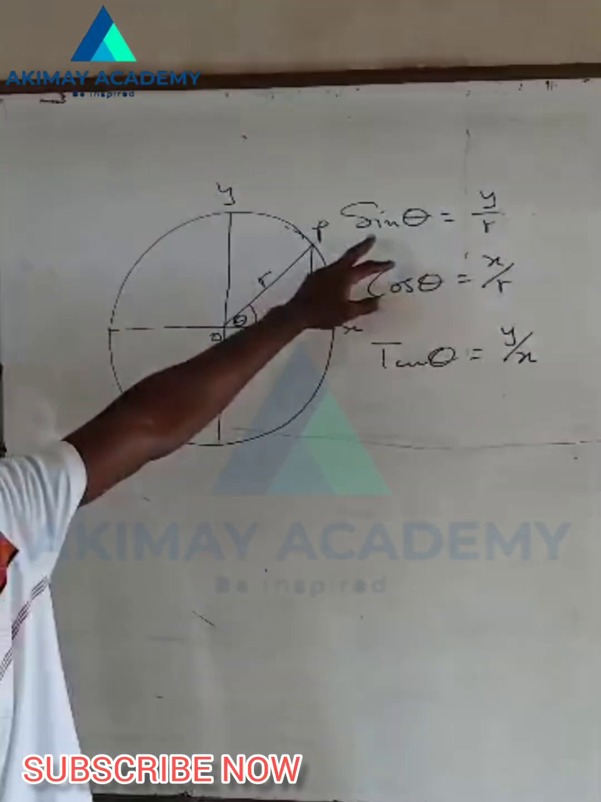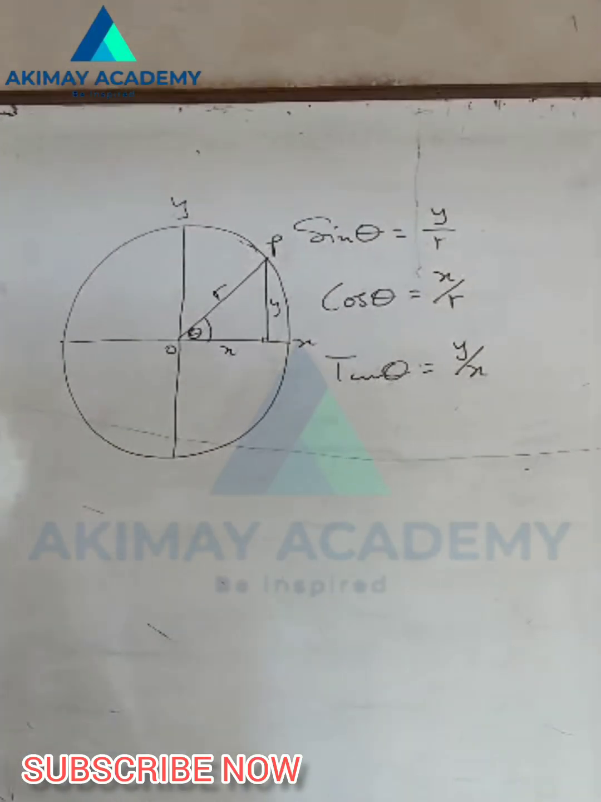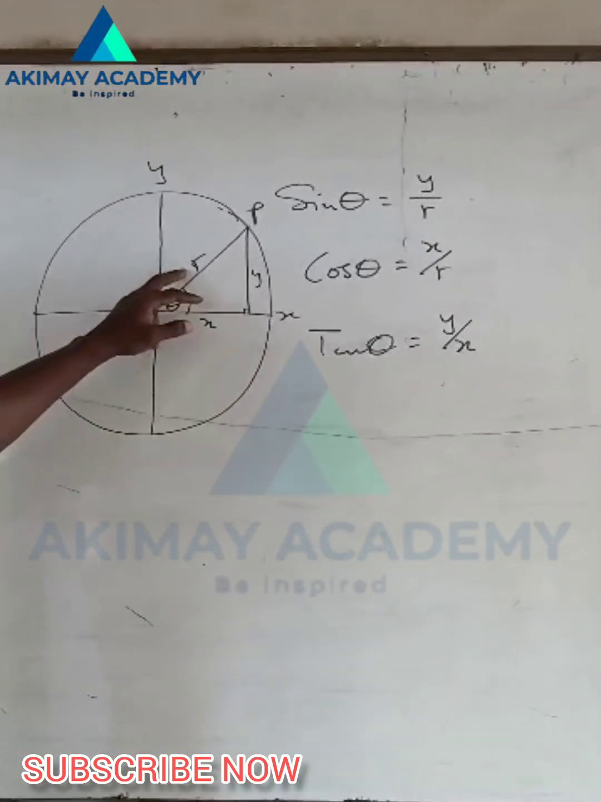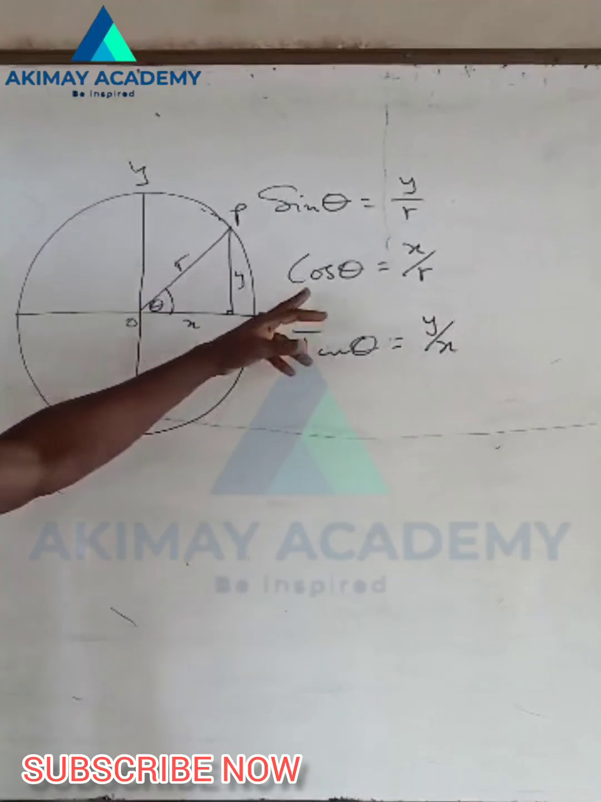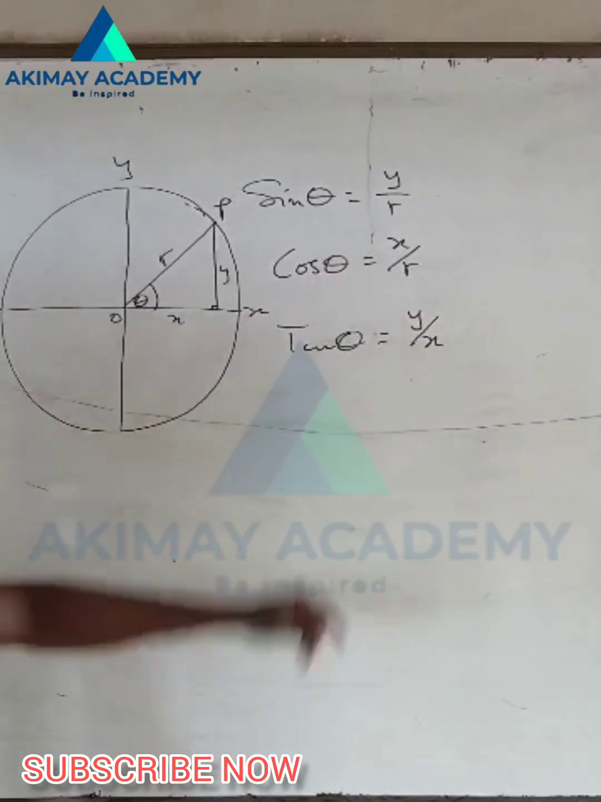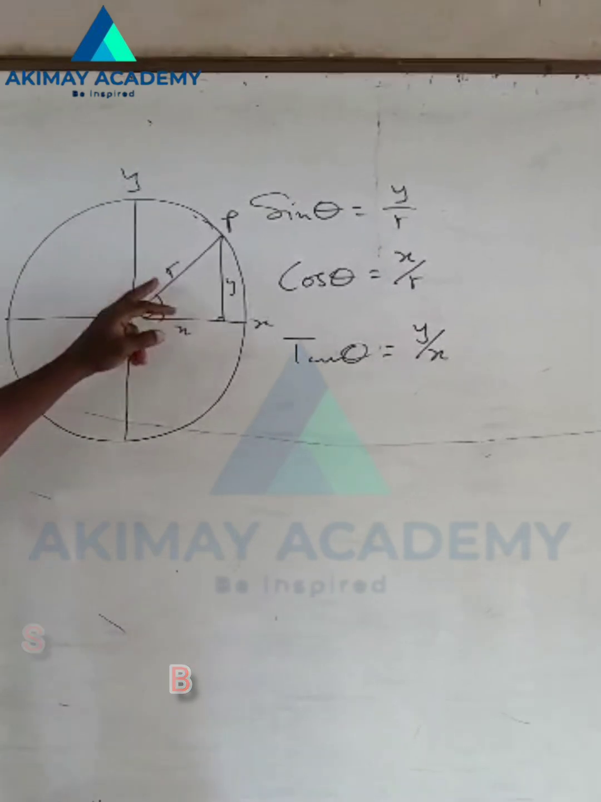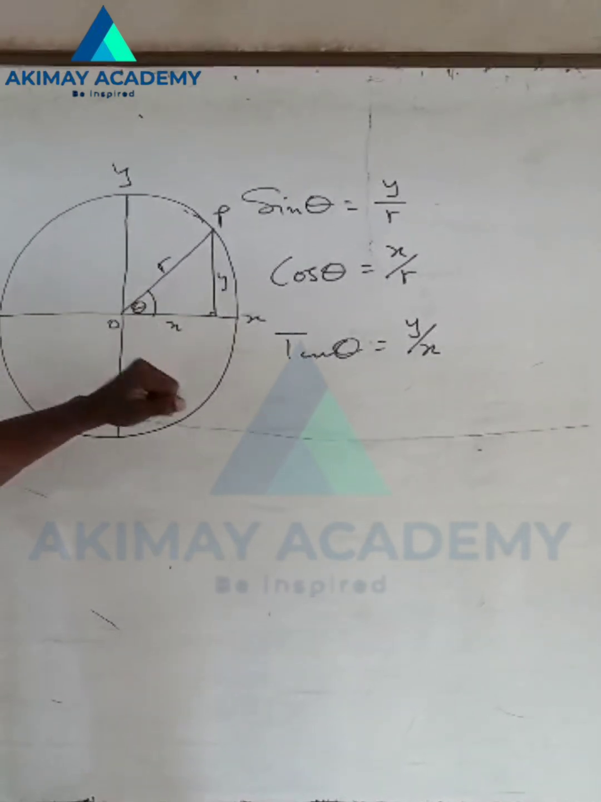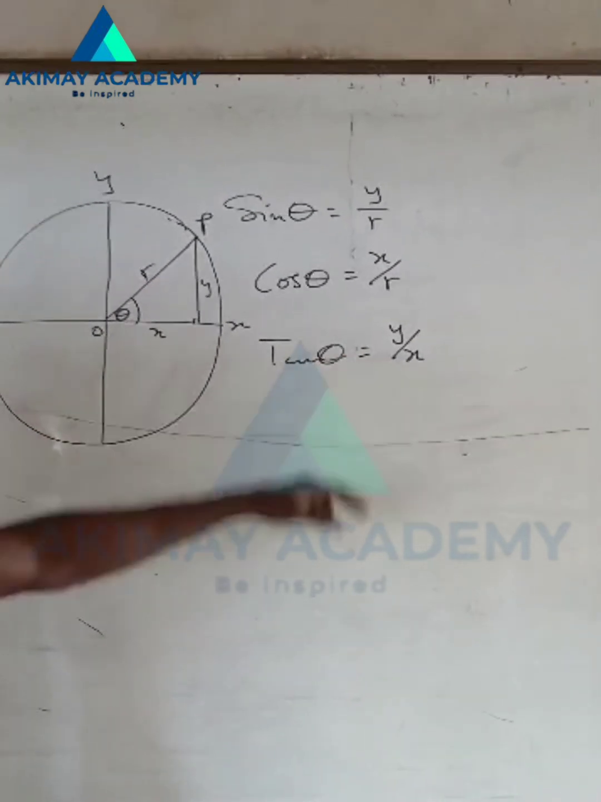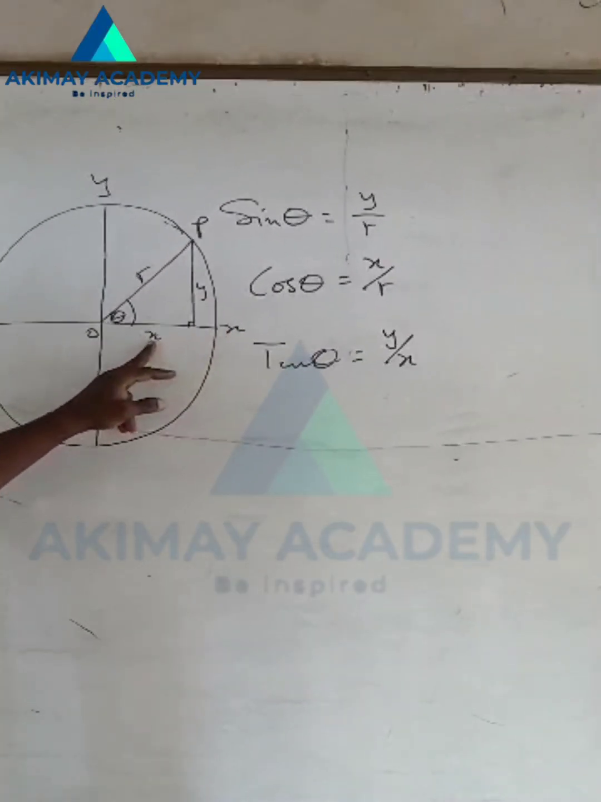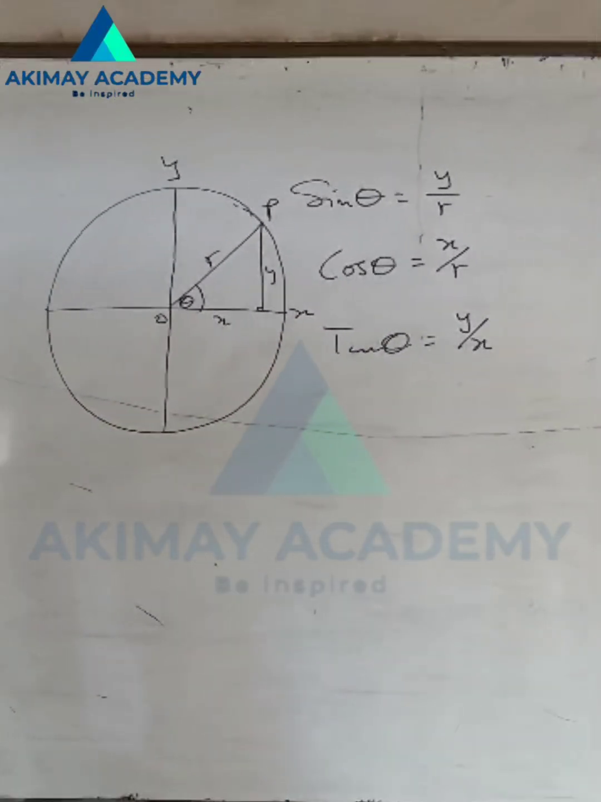As we all know, sin theta is equal to opposite over hypotenuse, right? So here opposite is y, hypotenuse is r. Then cos theta, we know that it's adjacent over hypotenuse. As you can see, adjacent is x, then hypotenuse is r, right? Then we have tan, which is opposite over adjacent. Opposite is y, adjacent is x. Okay. Now from this shape,